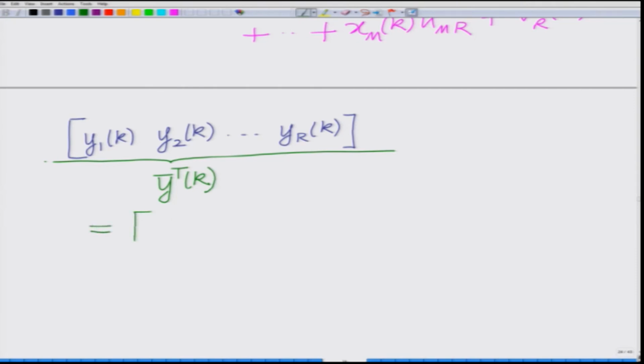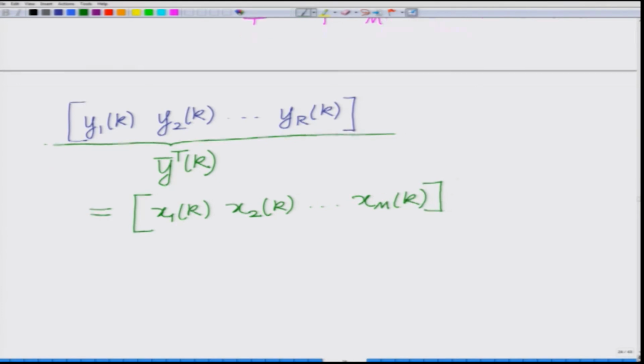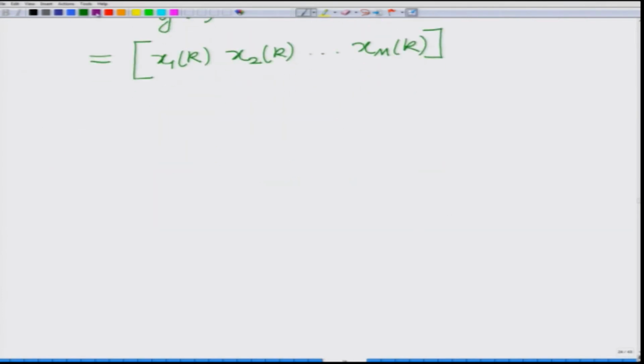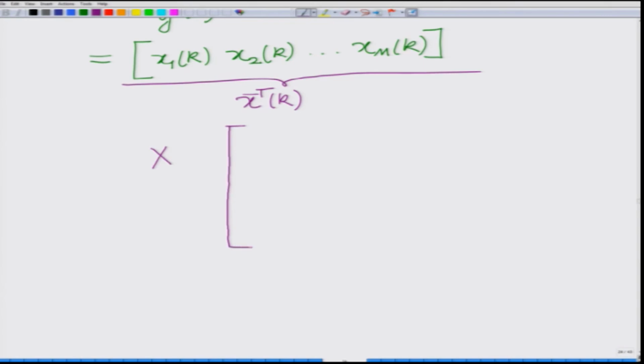This is equal to x1k, x2k, so on up to xMk. This is the transmit vector, x bar transpose k, where x bar k is the transmit vector at time instant k, times the product